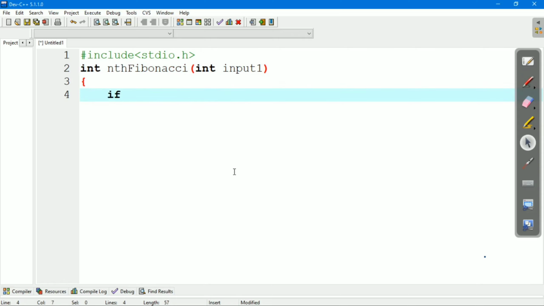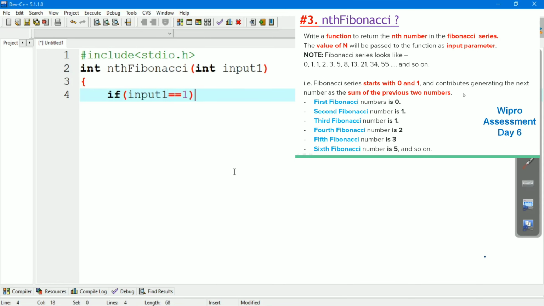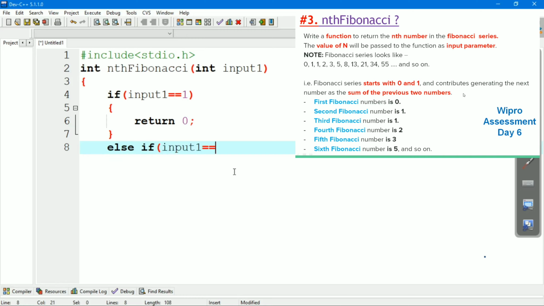Now we will check the condition. If input1 equals 1, we will return 0, because we know that the first number of the Fibonacci series is 0. Else if input1 equals 2, we will return 1.